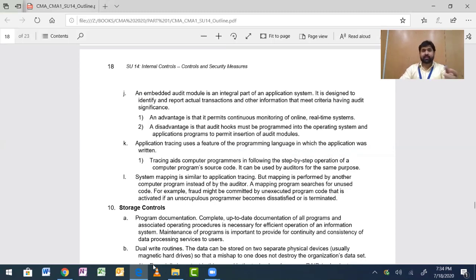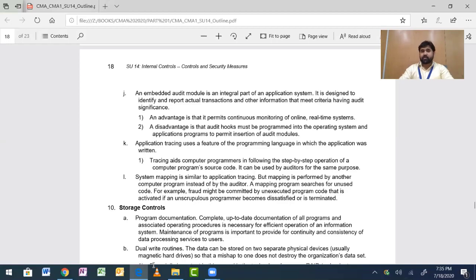And then you install it and use it. Now this is what they are saying, that whatever program you are using, it must be created in such a way that these insertions are possible. You can upload this audit module, take your data, and all the audit significance data and reports will be sent to you, and then you can take this out and leave it the way it was. Because it's not required every day, 365 days we don't need that audit module. So the program should have an option where these kinds of additions and deletions are possible.